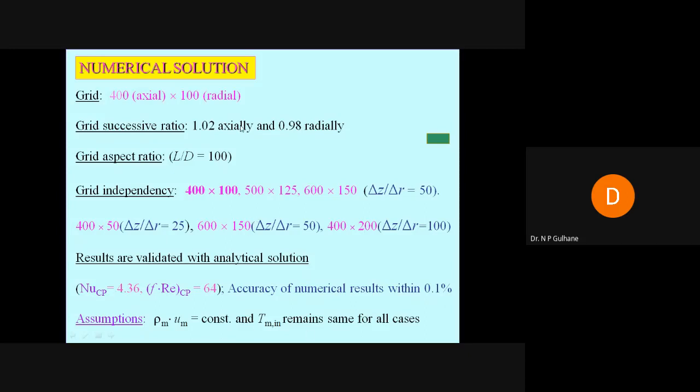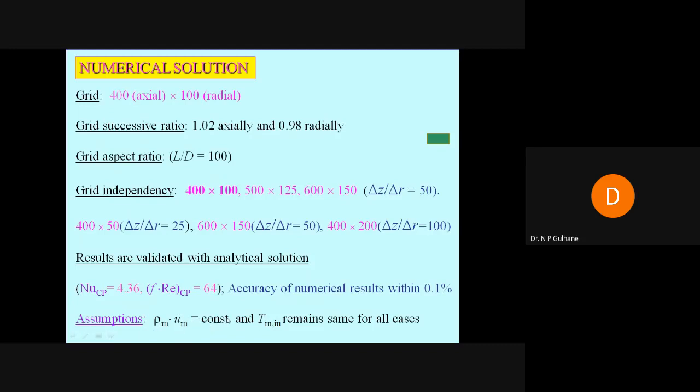So the assumption what we understand here is the mass flux, that is the product of mean density and mean velocity, is constant. So we have to choose some constant platform. You cannot change all parameters at a time. We have to see the effect of property variation one by one. So this is possible in this simulation, but with some assumptions. We have to keep this factor as constant.